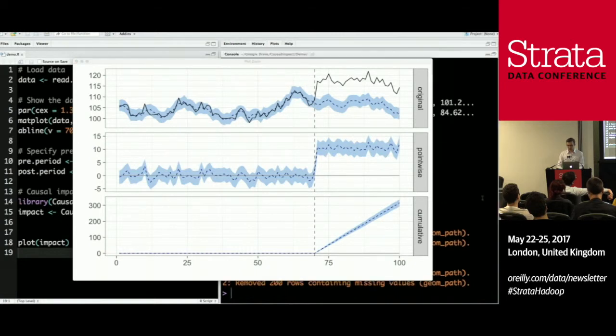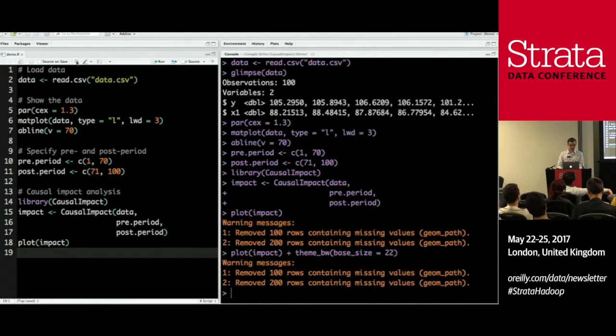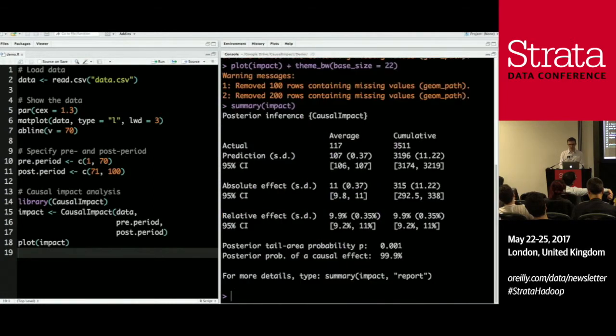Looking at the actual numbers, I can just take a look at a summary of the posterior inferences here. So this, for example, tells us that the observed data had an average value of 117 in that post period, but we would have expected a value of only 107. And so the difference between those two is our causal effect estimate, our average causal effect in absolute terms and in relative terms. And the analysis tells us that we are supremely confident that there indeed was a causal effect